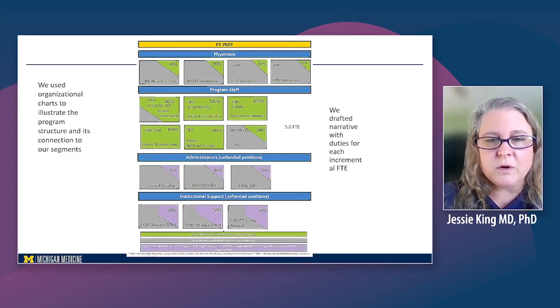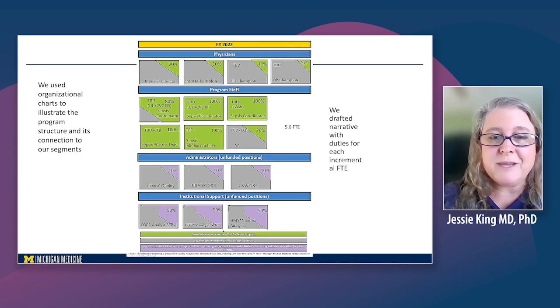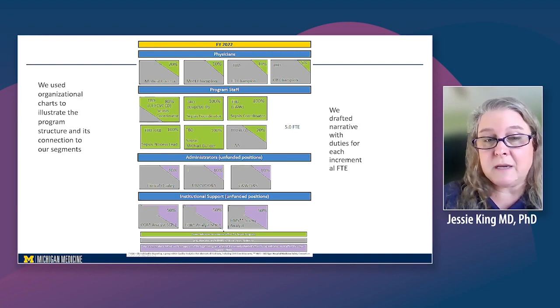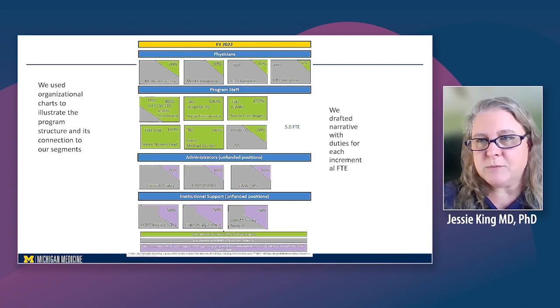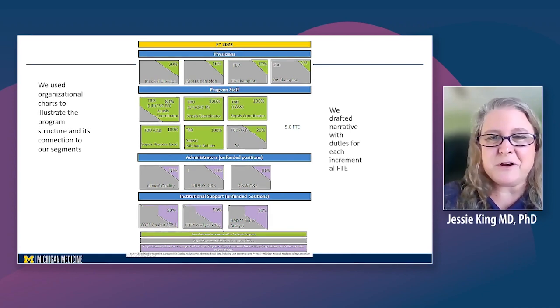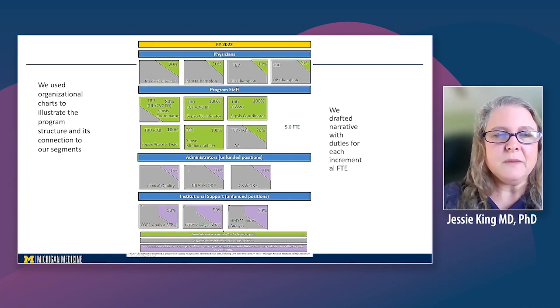And then what is also key is someone to help keep track of all this data. So we have institutional support. These are, again, positions that already exist within the institution, for whom a portion of their time is dedicated to analyzing and summarizing sepsis data from across the institution. So this is what we found as key people that needed to be involved in order to keep track of what's going on where across the entire institution.